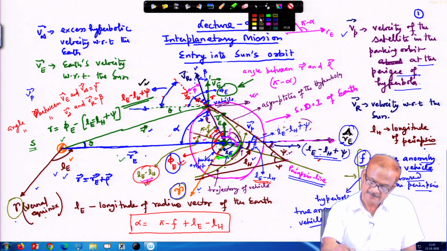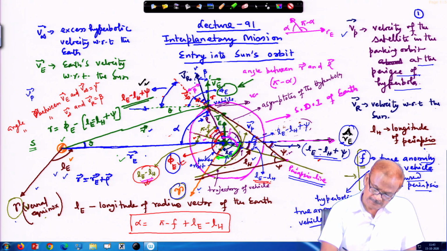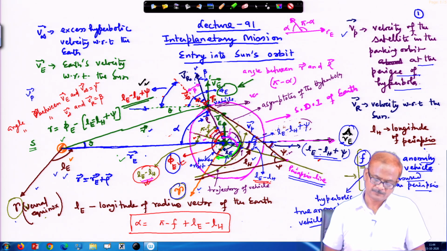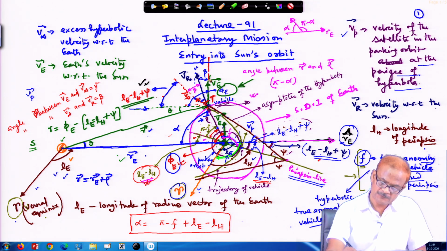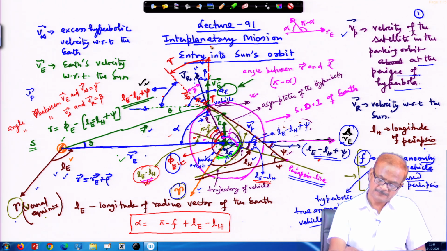So, again repeating this, this is your gamma angle, from here to here, this whole thing is gamma as shown here in this place. Or if we want to show it outside, from this place to this place, this is the gamma angle. Beta is already shown, and where is the phi angle? Phi angle is the angle between this line and this line. This is your phi.